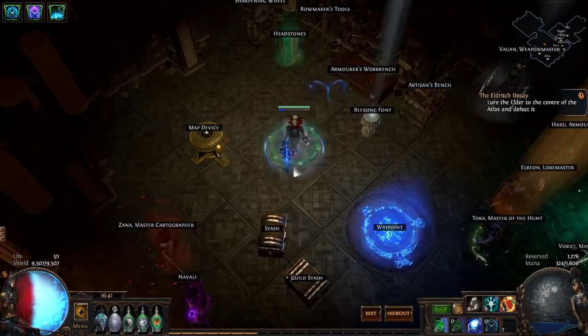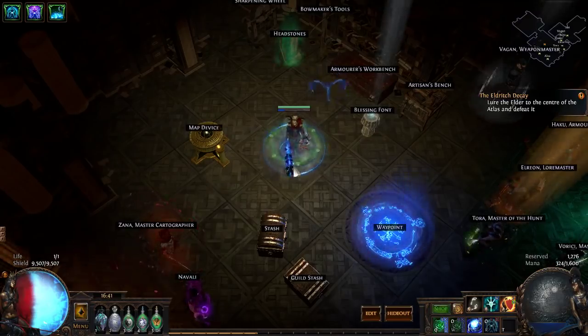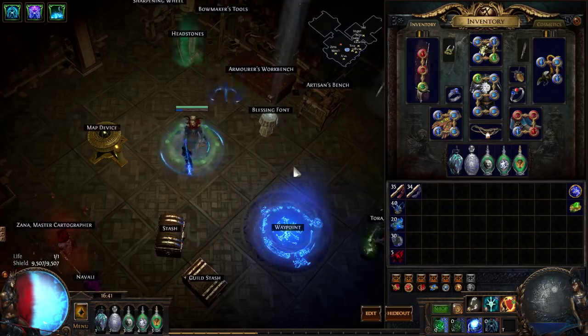Alright, Shaper foil crafting for physical based crit spellcaster's guide. Let's go. So first things first, why would you want to craft a foil instead of something like a scepter